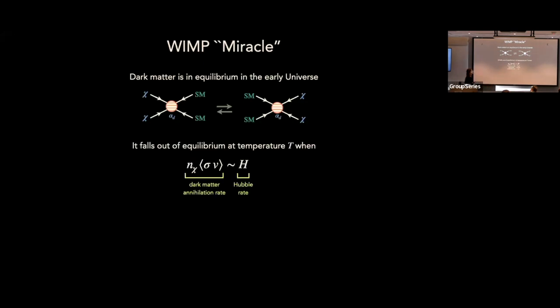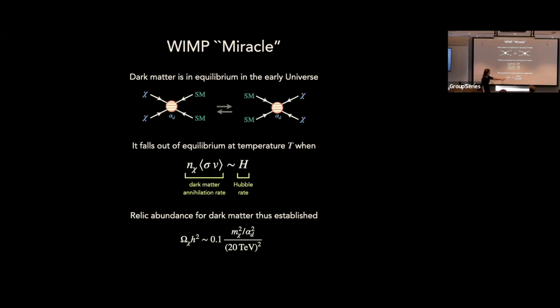This continues. The universe is expanding at the same time. And at a certain point, the universe will have expanded enough that the two dark matter particles will no longer be able to find each other to annihilate. And so at that point in time, you shut off one direction of this. You fall out of equilibrium, and the abundance of dark matter at that point in time is just going to be the same abundance of dark matter that we see today.